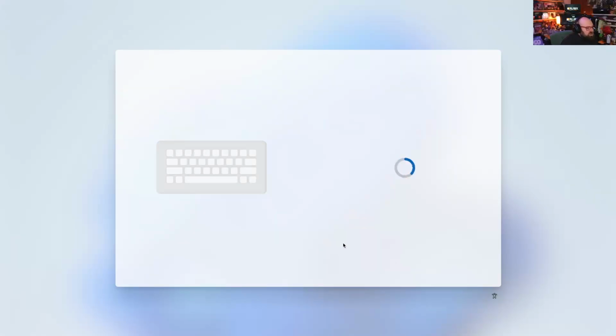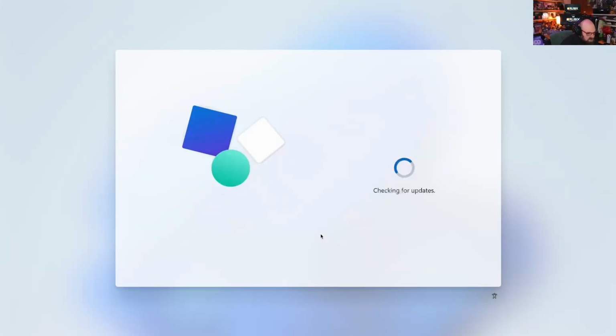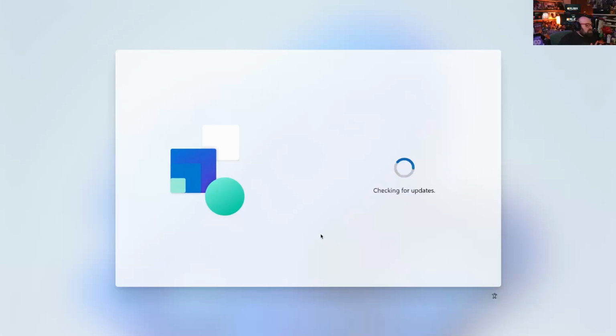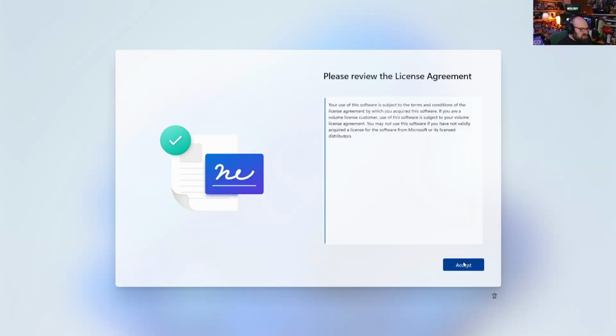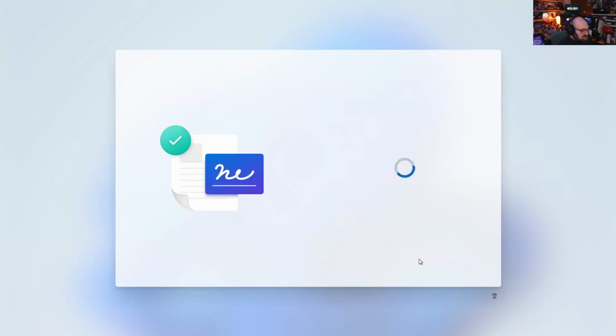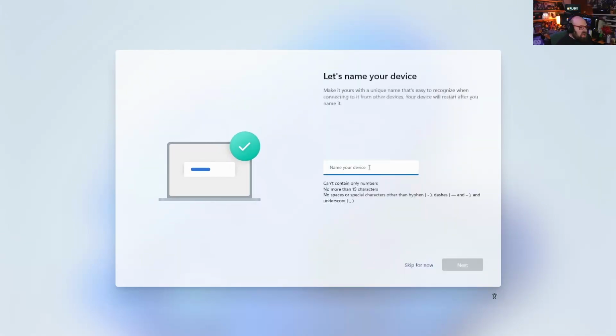So I'm going through this out of the box experience just as an out of the box experience. This is a Windows 11 Pro device. So we're going to experience everything you would if you bought this at a Best Buy, or if this was your gaming computer. Okay, so you can already see the differences here. I'm seeing the end user license agreement. This device is not managed by anything yet. I can name the PC if I want to. I'm going to hit skip, but again, this is something that's going to be within your